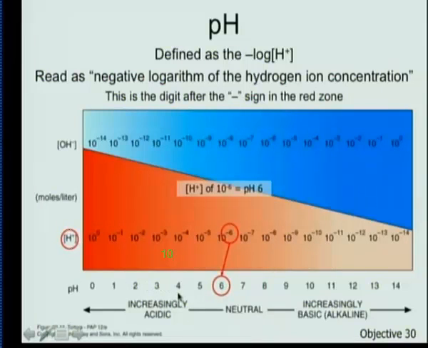pH of 4. If I said you had a solution, one was a pH of 5 and one was a pH of 3, which one's more acidic? The 3. How much more acidic? 10 times 10, not 2 times 10. Each step is tenfold. So 10 times 10, so it's 100 times more acidic. And so really, as we move from one pH number to the next, the change in the hydrogen ion concentration